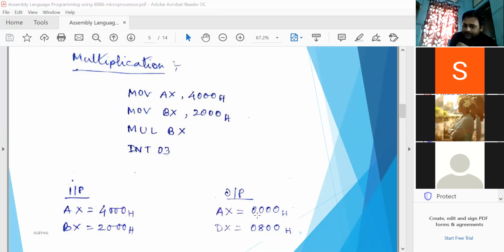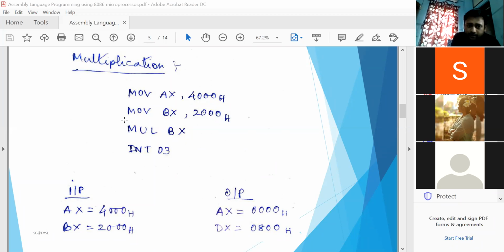So 16 and 16, total 32. It may be less than 32, but you have to consider it this way, so that if a 32-bit result is generated by the multiplication, the lower 16 bits are stored in AX and the upper 16 bits are loaded inside DX. That is the default.